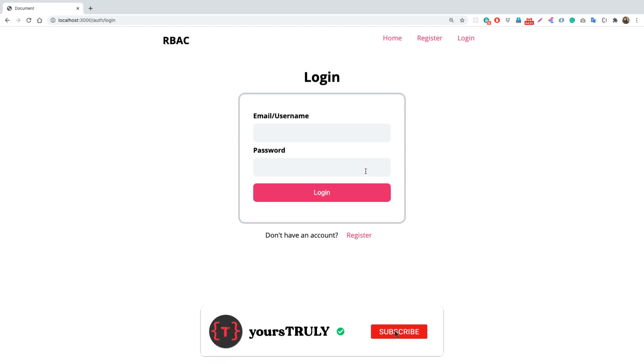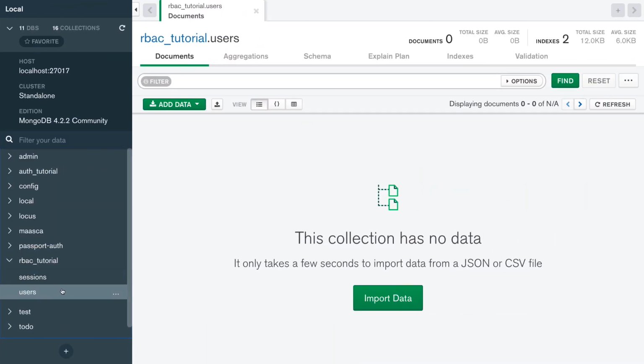So from this video onwards, we'll be incorporating role-based authentication inside our Passport.js local authentication, that is with email and password. What I've done here is that I have dropped all the users that were inside our collection called users. The sessions are also empty, as we can see here, and the users are also empty. That is, there are no currently registered users inside our application. So we'll be starting afresh inside our database.